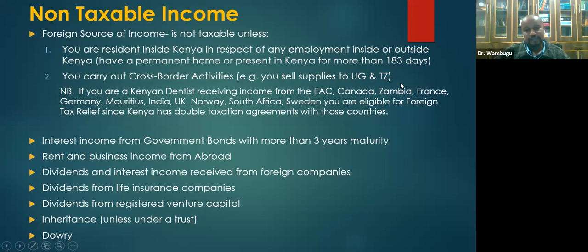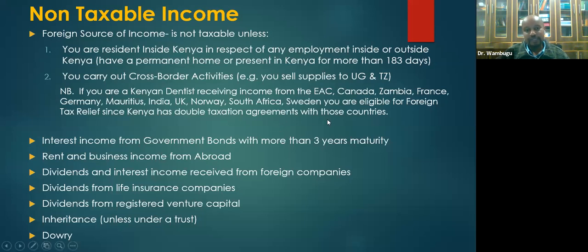That source of income is taxable. Now, I know of Kenya that there are some dentists who work in different countries. So you find someone working in Kenya, and then they work in Uganda, Tanzania, maybe 2 months they go to Uganda, they come back like that. Perhaps I should put this here and explain something we call